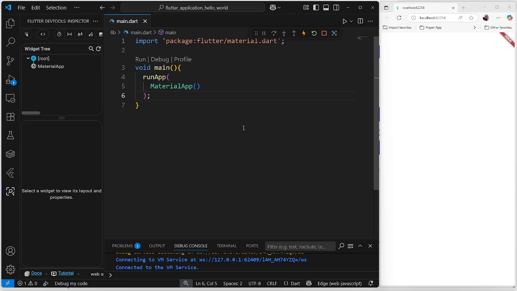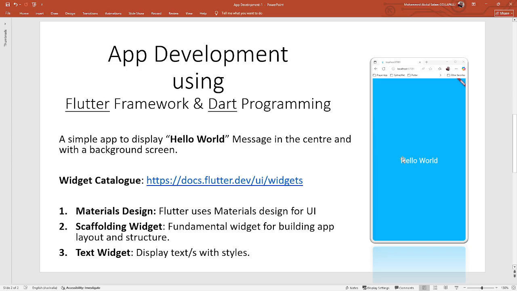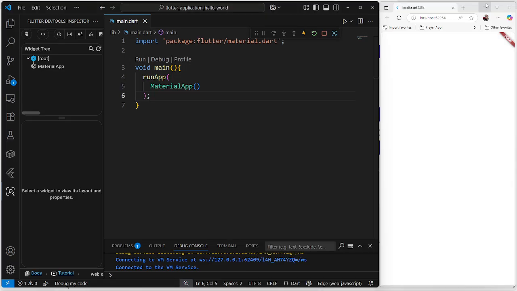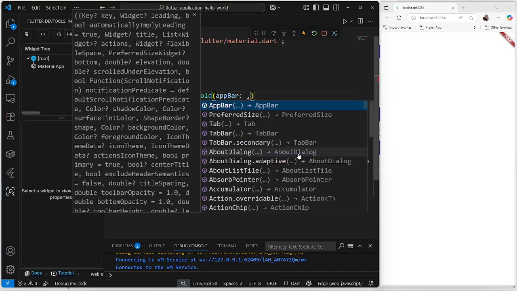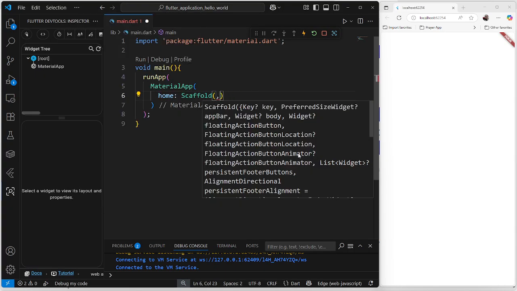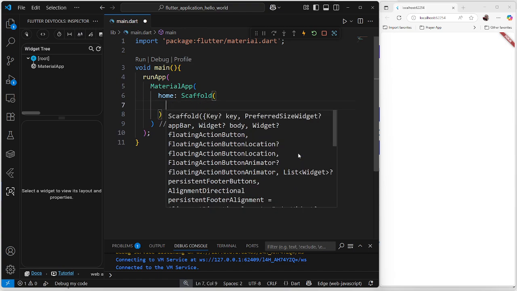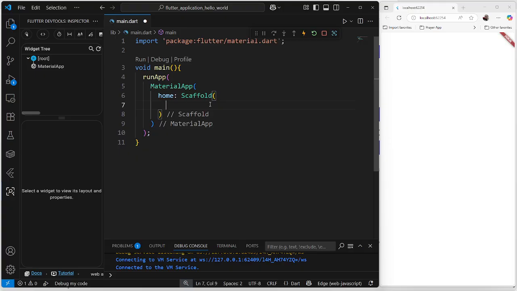So now, as we saw, we want to display a text and we want to change the background color, and we are going to use the scaffold widget and the text widget. Okay, so in the material app, the first thing we need to do is display scaffold, and we need scaffold, as I said, at the structure level. So we can basically say home scaffold, and sorry, the default code has been created. I'm going to enter. So basically all I did was, in the home we have the structure scaffold, and